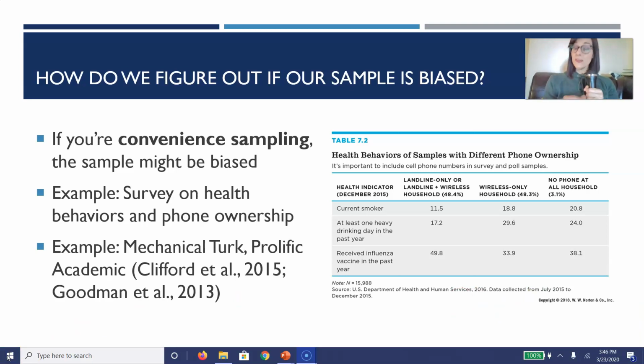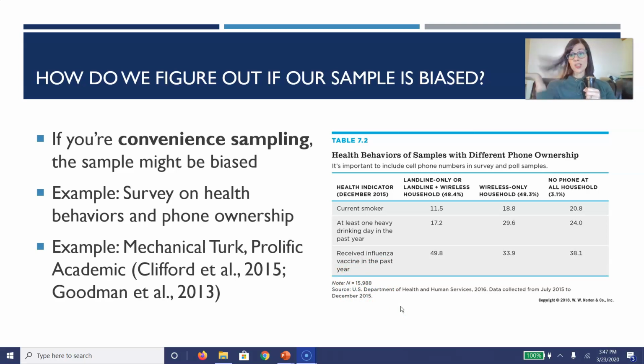So if you're using convenience sampling, odds are pretty good your sample is likely biased in some way, particularly if you're just getting the people who are easy to get. And so here's some evidence that you can use to see some of those differences. This is based on a U.S. Department of Health and Human Services survey, with data collected from July 2015 to December 2015. The number of people in this survey is about